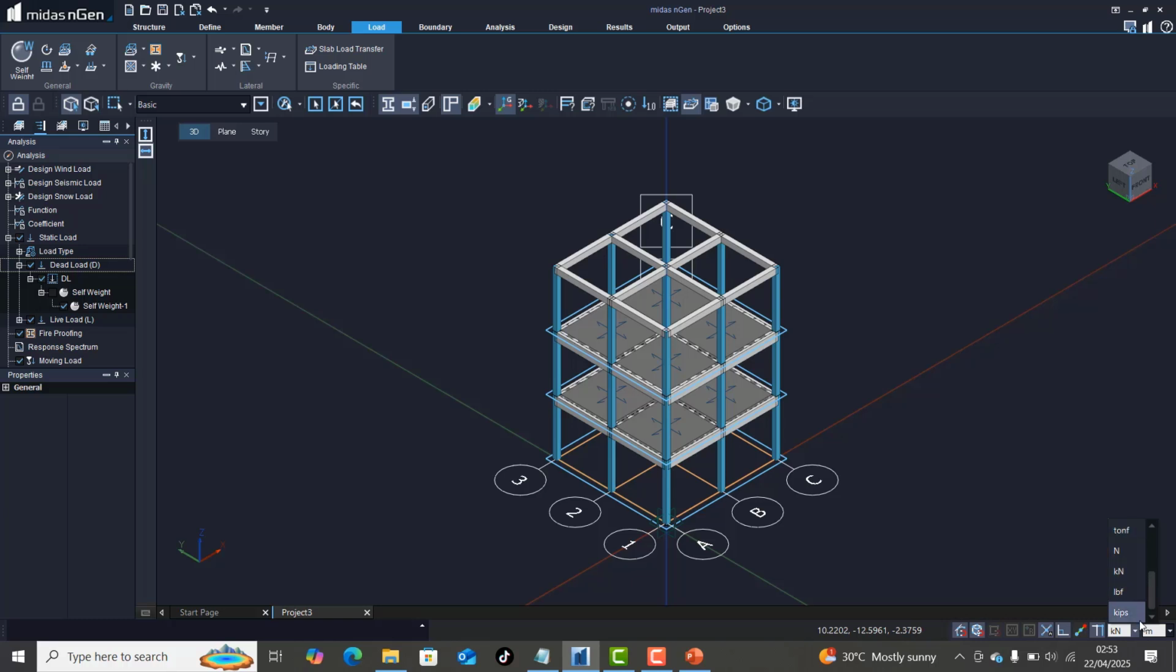I can switch this to either pounds, newton or kilonewton, however the units of measurement that you are using for your design. All right, so I will come back to that slab